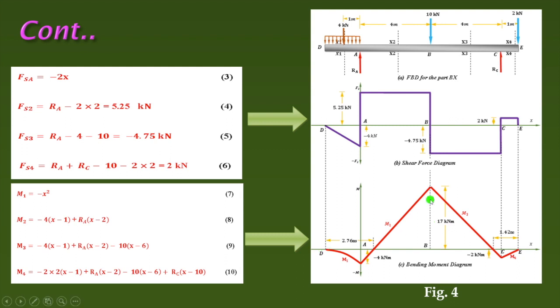Now, this is all about the shear force and bending moment diagram, and we have explained it with the help of two problems. One is on the cantilever beam, another is a simply supported beam, and both beams are subjected to a combination of forces, distributed as well as point loads. Okay, this is the last, this is all about this topic.